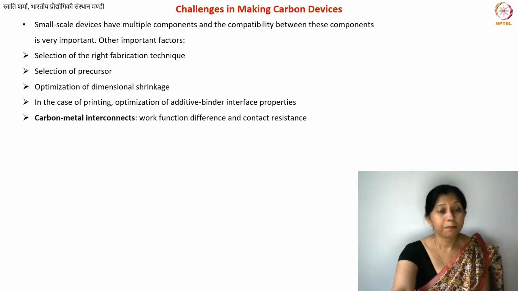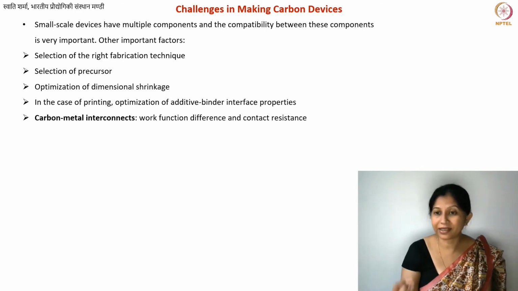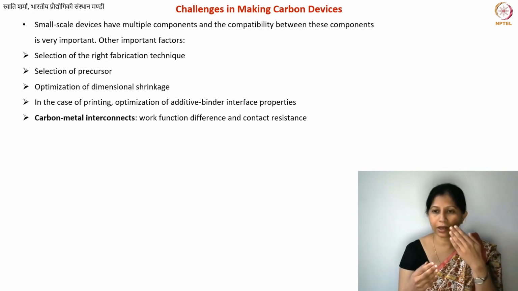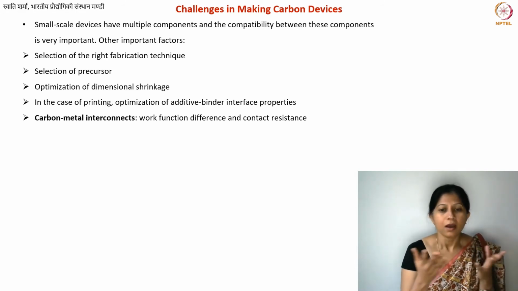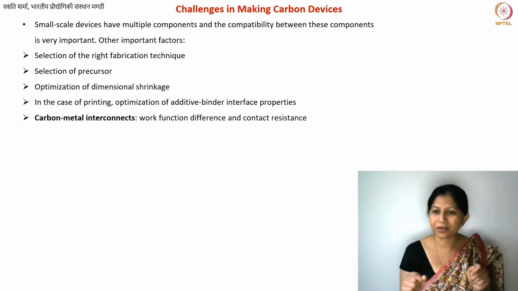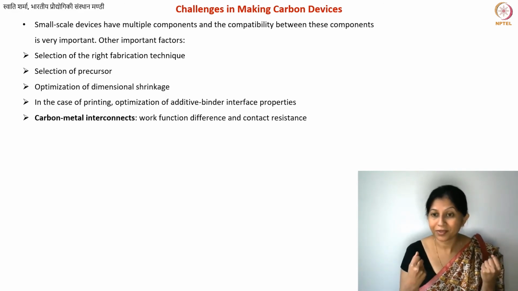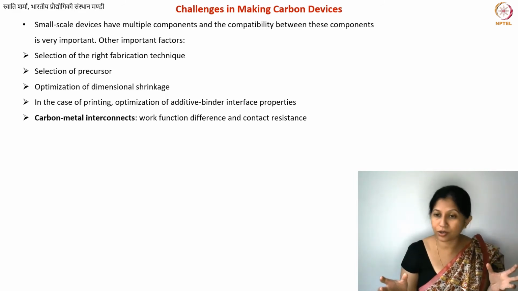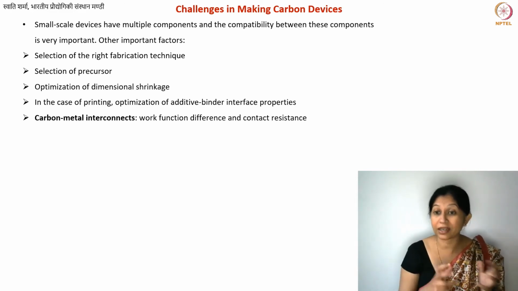One very, very important thing is what is known as the contact resistance, or the interconnects. So whenever there is one carbon material, let's say, and then you have a metal contact pad. Why would you have metal contact pads? Because you need to complete your circuit, right? Ultimately you need to get some readout from your device. It is measuring some property and giving you some signal, but you need to have a circuit in order to receive that signal and to somehow convert it into the right format of the readout.